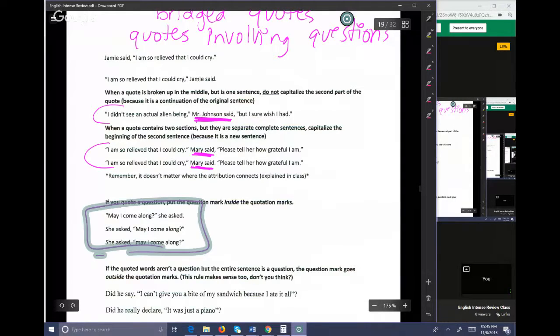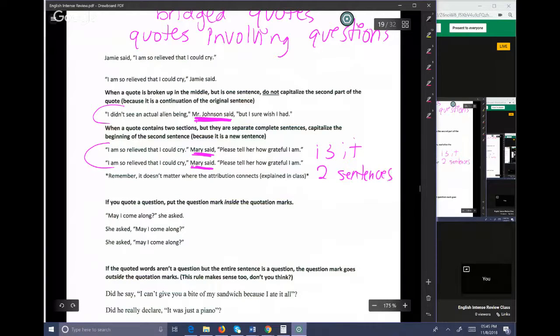What you need to determine is, is it two sentences or one? If it's one sentence, for the most part, we're going to do all the things we would normally do in a sentence. If it is two sentences, we're going to do the things we normally do when we have two sentences. What I'm thinking of is capitalization,